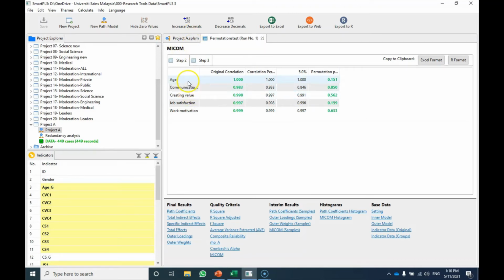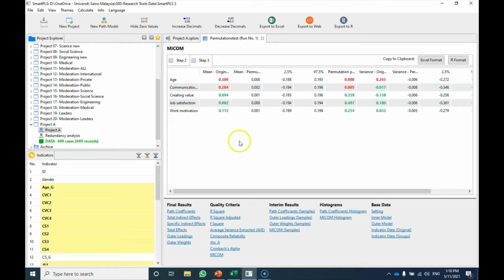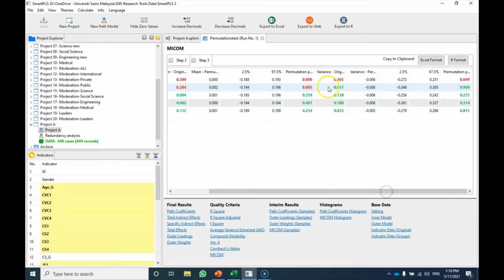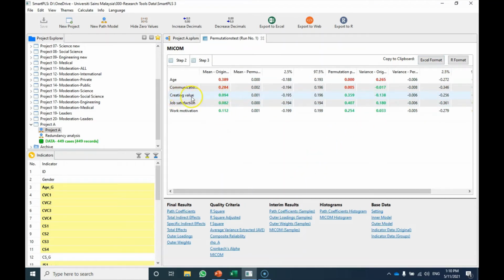And another point to highlight here is that you don't need to report the results for age, because age is not a measurement model. So let's go to step number 3. Here also we would like to see all of the mean original differences to be between the lower bound and upper bound of the confidence intervals, and also the variance original differences to be between the lower bound and upper bound of confidence intervals. So for the means, you would see that for creating value, job satisfaction, and work motivation,